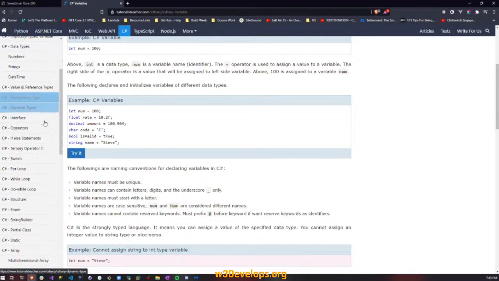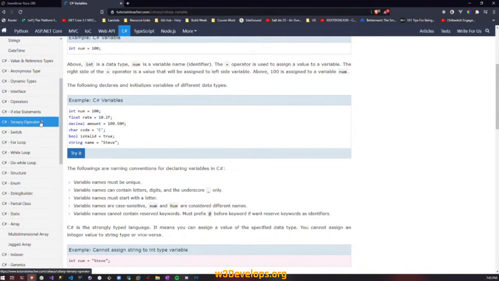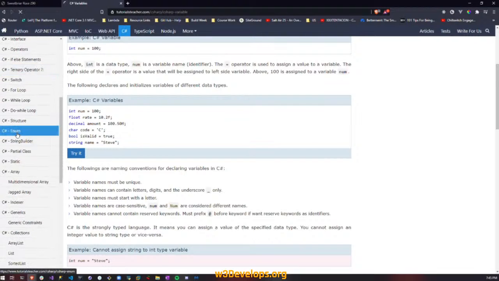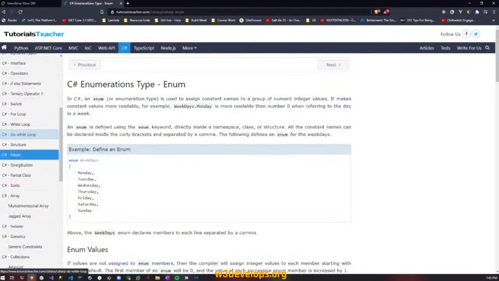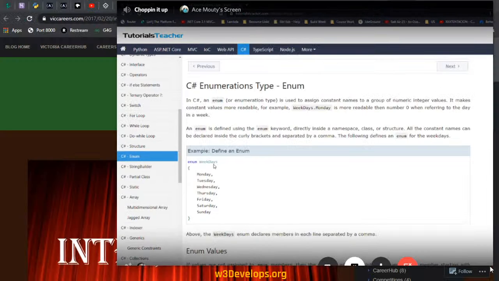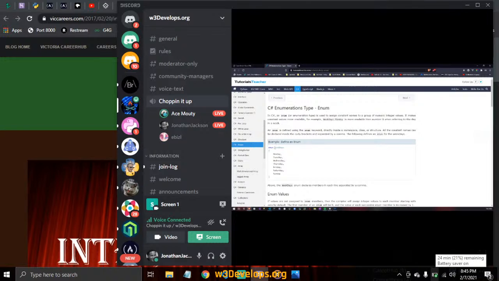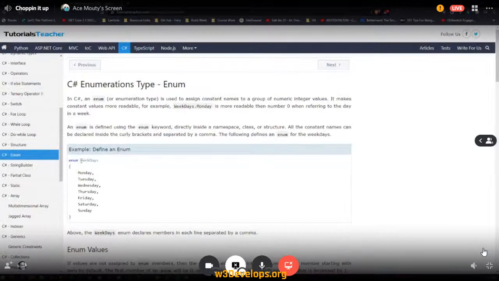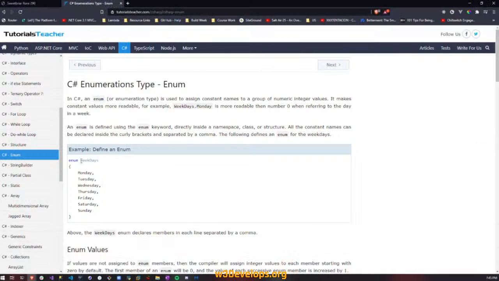So now let's say we want to look at an enum. These are pretty cool. So enums, this is a way to group together things that are logically associated. What I mean by that is, say that we were going to build an enum for mailing type. When you send out mail or you order something from Amazon, you have express, same day, or standard. Well, you could create an enum, because normally people would create classes and